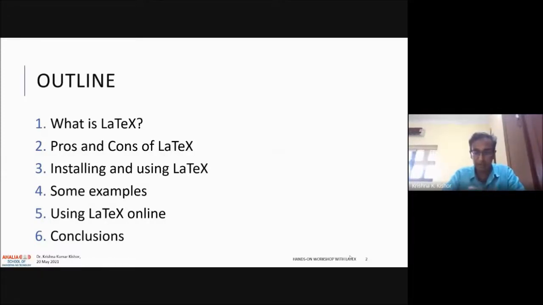I'll show you the code for LaTeX, and we'll see what the output looks like. Then we'll also talk about how to use LaTeX online. This is something that has been coming up in the past years, and then finally we'll summarize. So that's the agenda for today. By the way, if there are any questions in between, I may not see the chat window, so you can unmute yourself and ask. That will be fine. Or if you want to ask it towards the end, that is also okay.